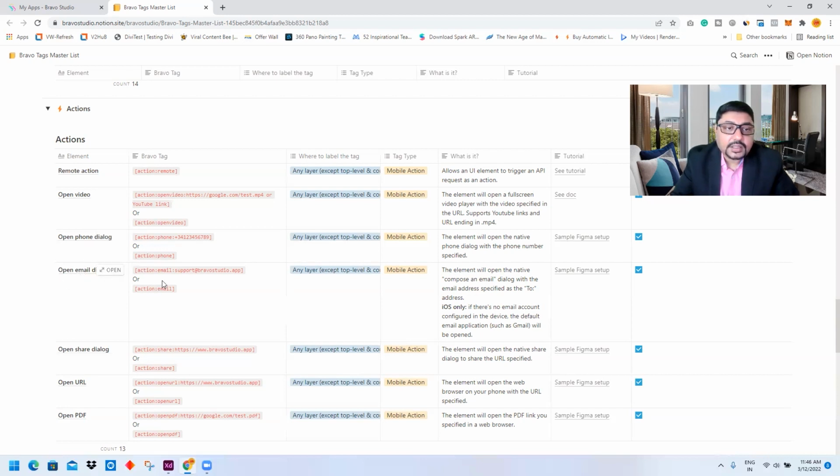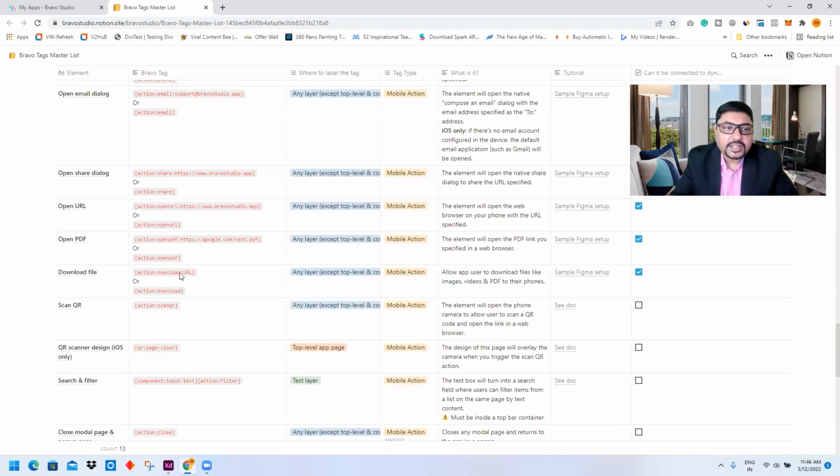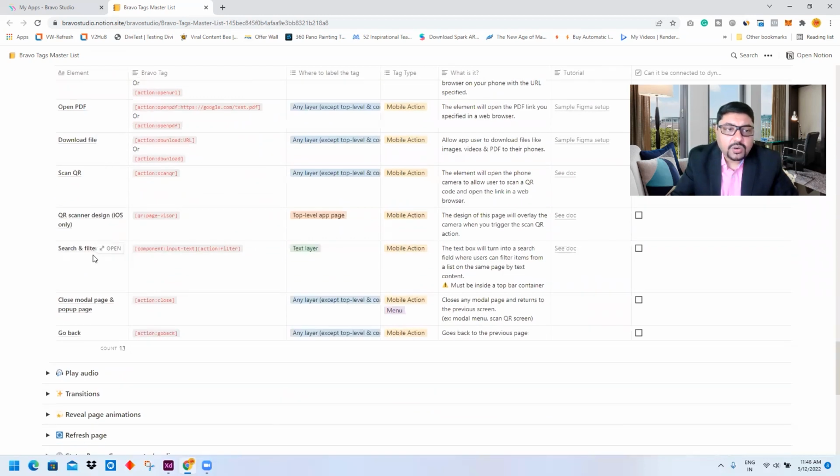Okay, email dialog, you can have these actions pre-filled or without pre-filling. You can download files, you can open a PDF, you can scan a QR code. All these things are present. So when we go step by step in depth, I will use a lot of these particular things.